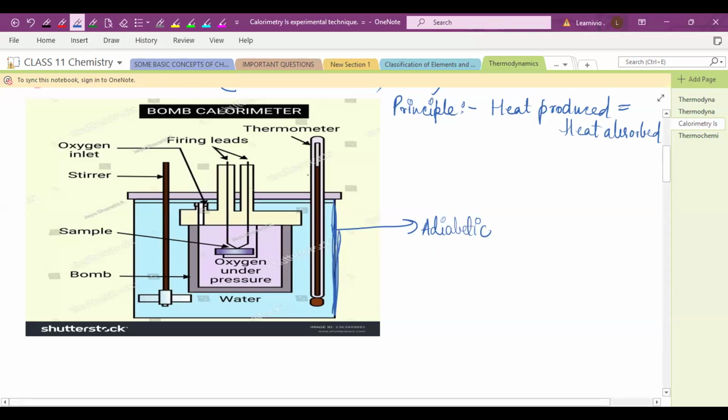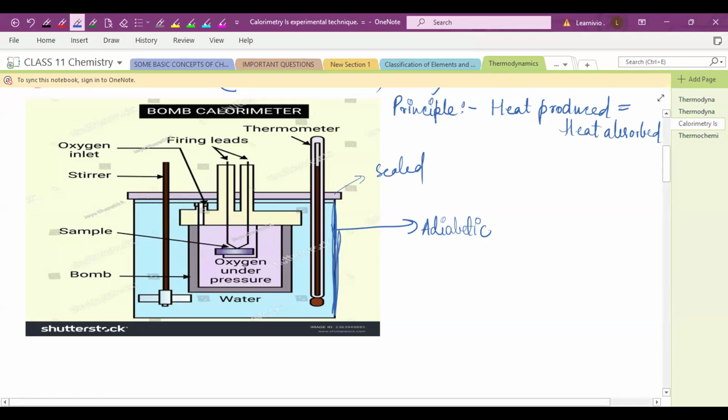Okay, and at the top, this container is properly sealed. You can see over here, this is properly sealed. So this is the whole setup. This is the adiabatic wall, and you can see